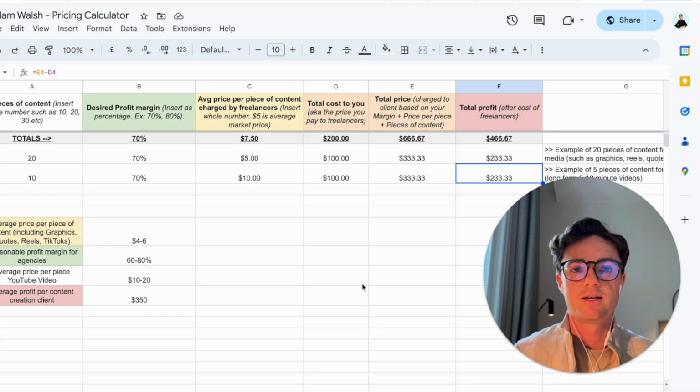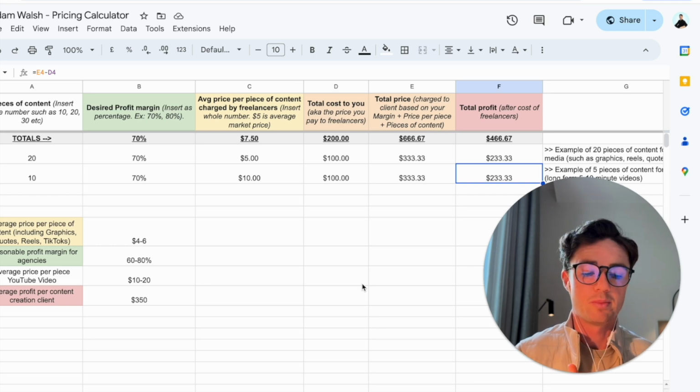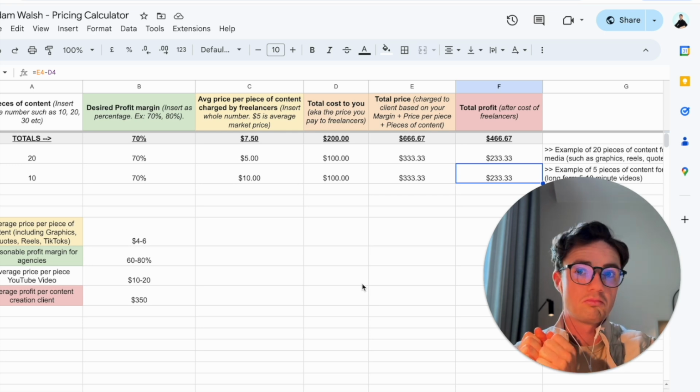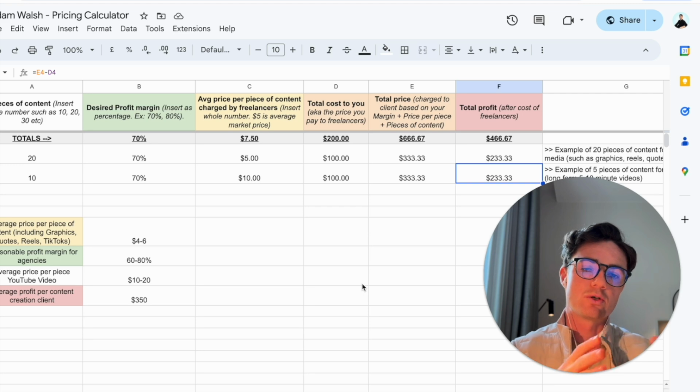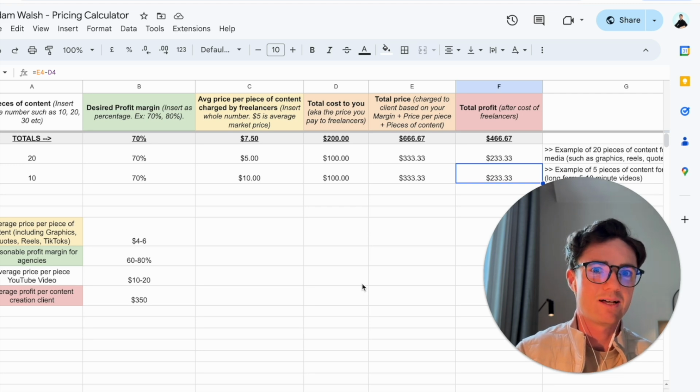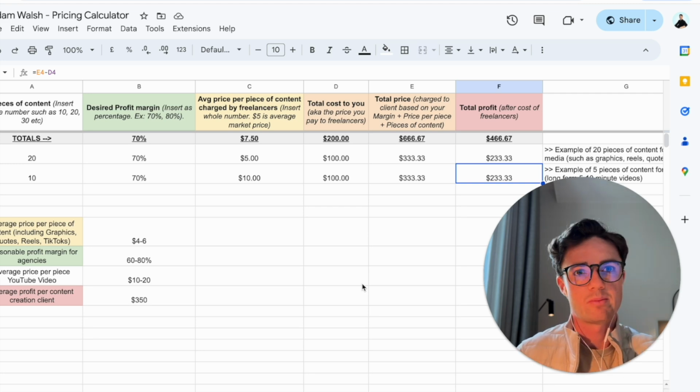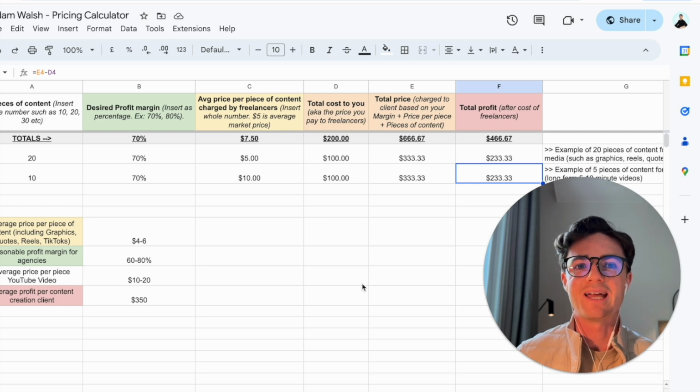But it would have meant I had full control, and then I was hitting at least 70% profit margin. In fact, probably a lot higher, because if my profit margin is 70% just on the content, and I'm charging, let's say, $300 a month for that, but then the social media management, I'm charging $300 a month for that, but I'm doing it all, that's obviously 100% margin. So overall, I'm probably hitting an 85% profit margin. So that is my pricing guide.